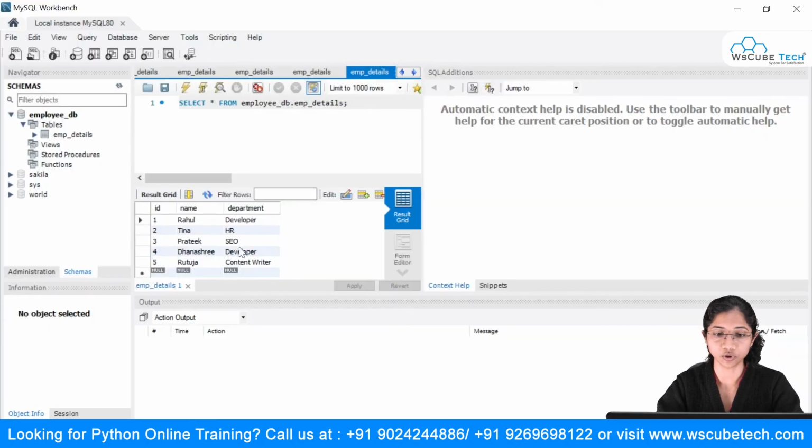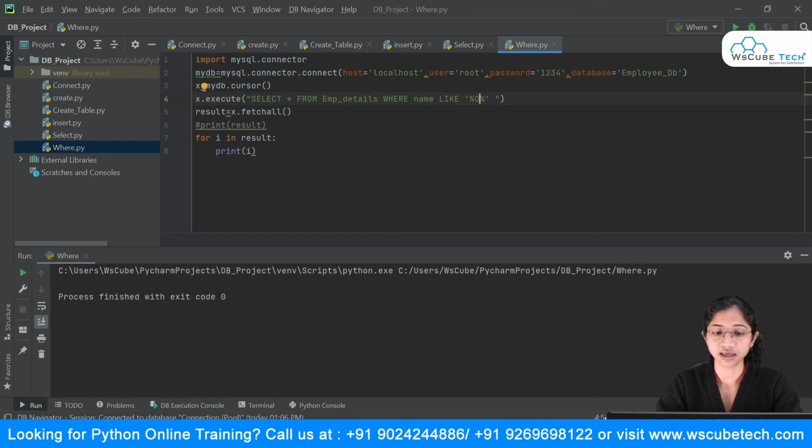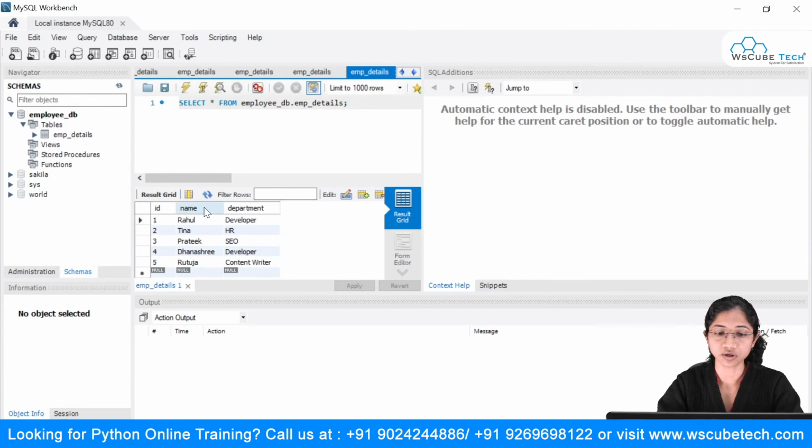Suppose for example over here, I say O, and you can see over here it says nothing, because inside my name I don't have the character O. Neither is it starting, nor ending with O, nor containing any O over here.